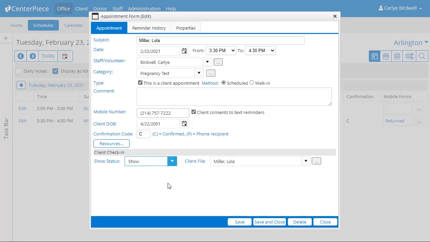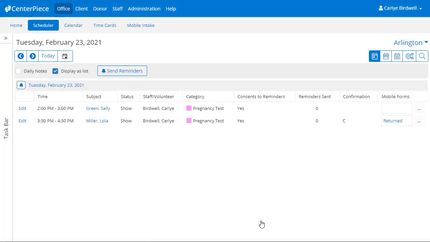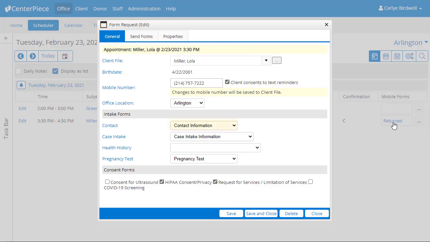Notice that her client file has already been created and added to the appointment form, so I just need to click Save and Close. Now also notice that Lola Miller has already returned her intake forms digitally. This is because the forms were sent to her prior to her appointment and she completed them through the mobile intake application. I'm going to click here on the word returned,